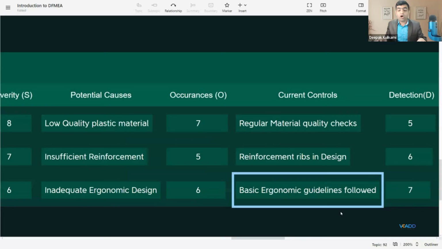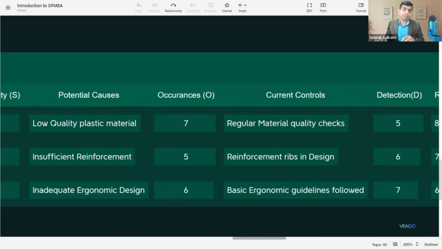Detection means how early the problem is going to be detected. For example, I am designing the chair, and while designing that chair, I thought this problem may occur. So in the designing phase itself, that problem is going to occur. That is not that serious because my tools are not kicked off and my production line is not running. So at that time, if a problem occurs, or I think that problem may occur,